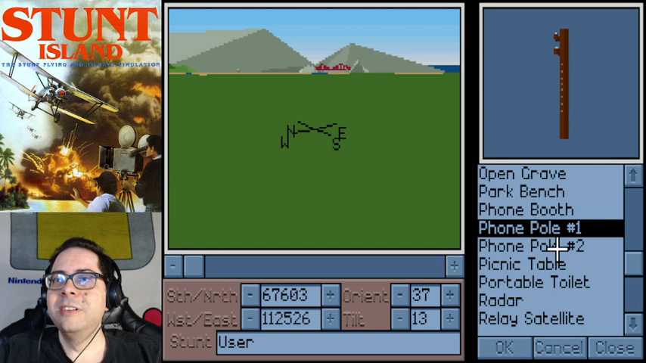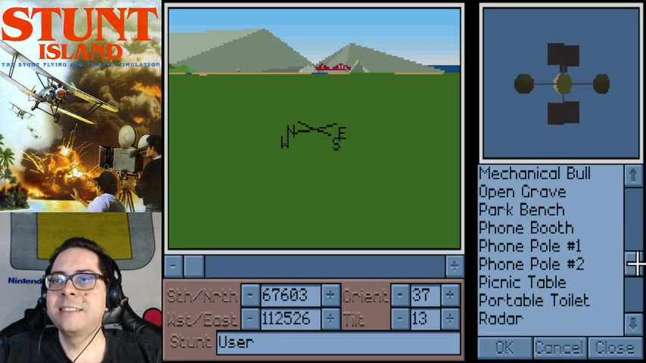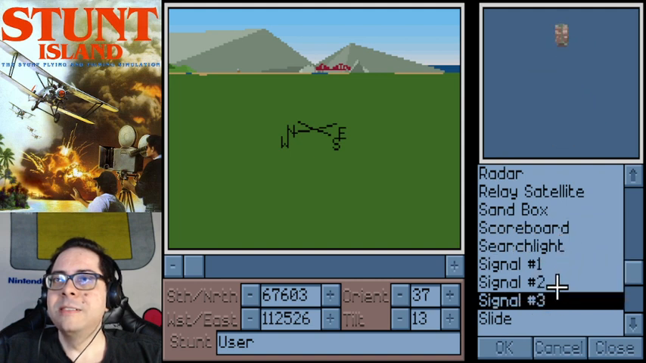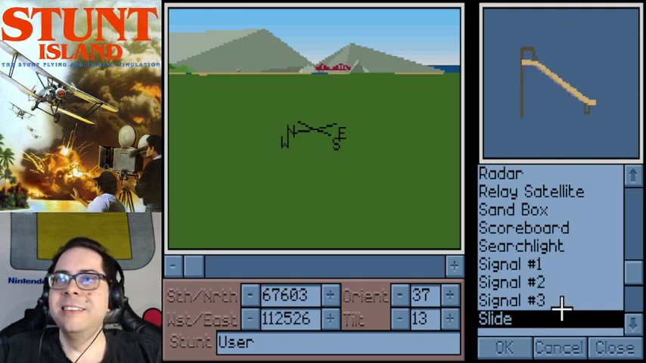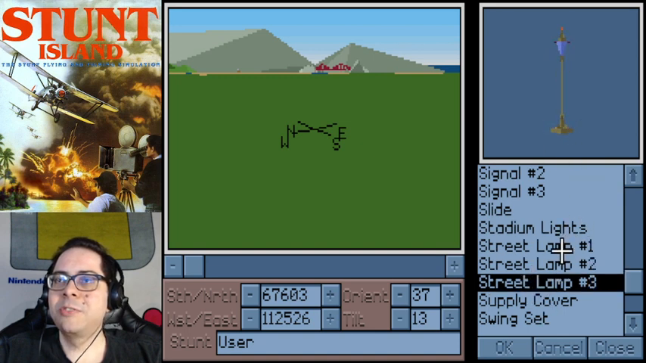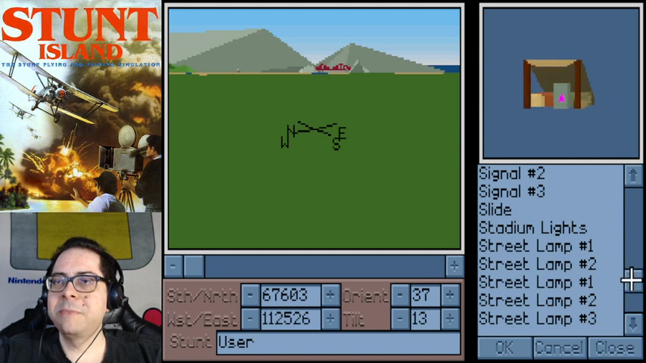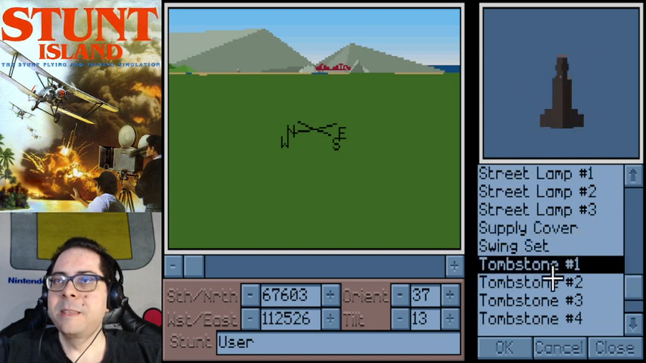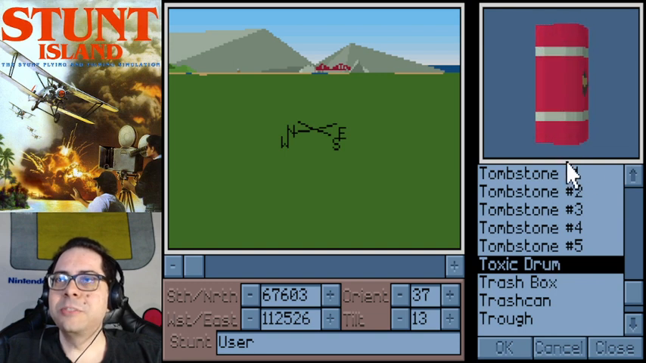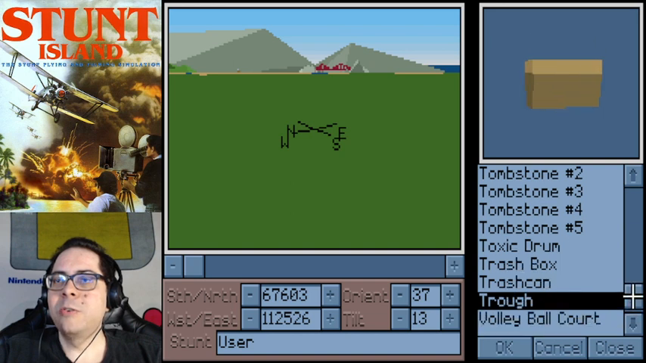Park bench, phone booth, phone pole, picnic table, portable toilet, radar, relay satellite, sandbox, scoreboard, searchlight, signal, well, yeah, stop sign, slide, stadium lights, street lamps, oh, more old-timey street lamps and more modern ones, supply crate cover, which again looks like it should be in military equipment, swing sets, different tombstones, toxic drum, looks more like a flammable drum, but a trash box and a trash can, a trowel,